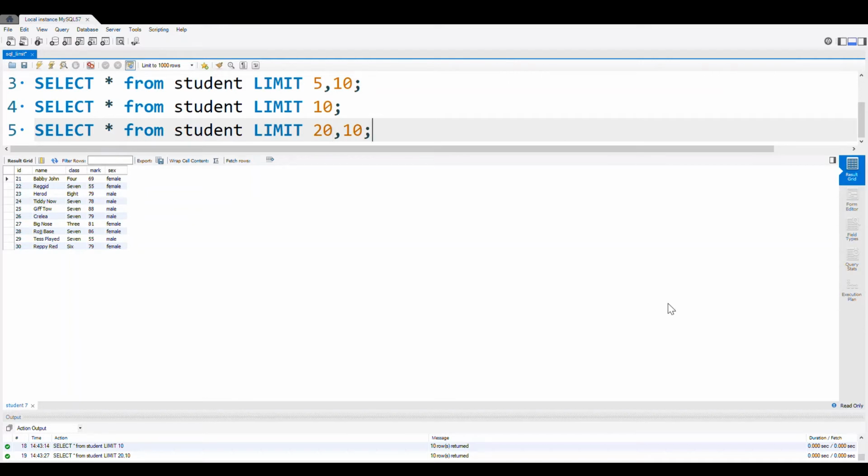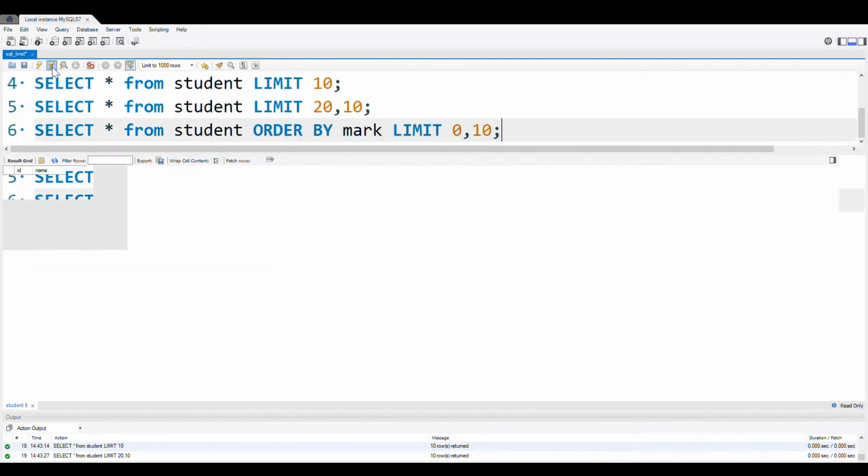We'll use the order by command along with this limit command. Limit will start from 0 to 10, but we will add order by to this. What we will do? Order by mark column. Marks are there, so order by mark column limit 0, 10. So we will get 10 records in the order of the mark column. Let us see what we are getting.